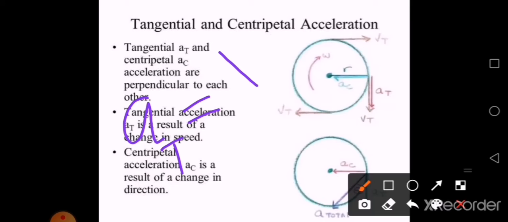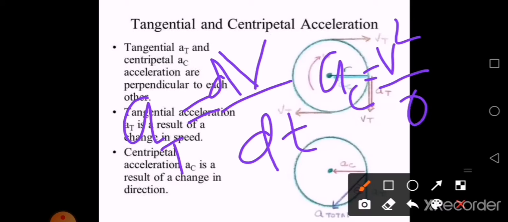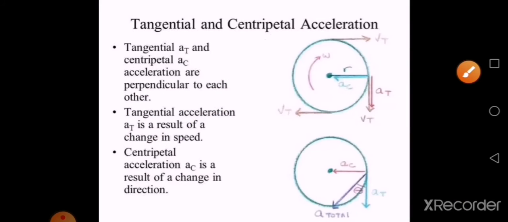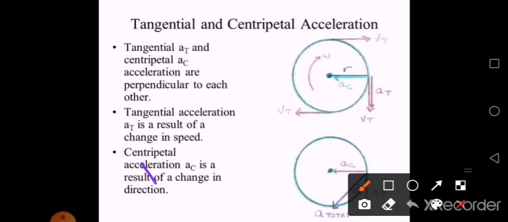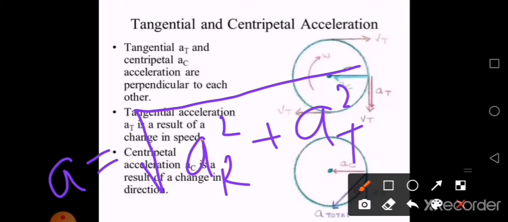Now the equation for tangential acceleration, which is due to change in speed, will be dv/dt. Is that right? Now radial acceleration, or your normal centripetal acceleration, a_c will be equal to v²/r. Now since these two are mutually perpendicular to each other, the magnitude of resultant acceleration, we have learned it in the vector chapter, isn't it? The magnitude will be given by a = √(a_r² + a_t²), isn't it? So these are the basic things.